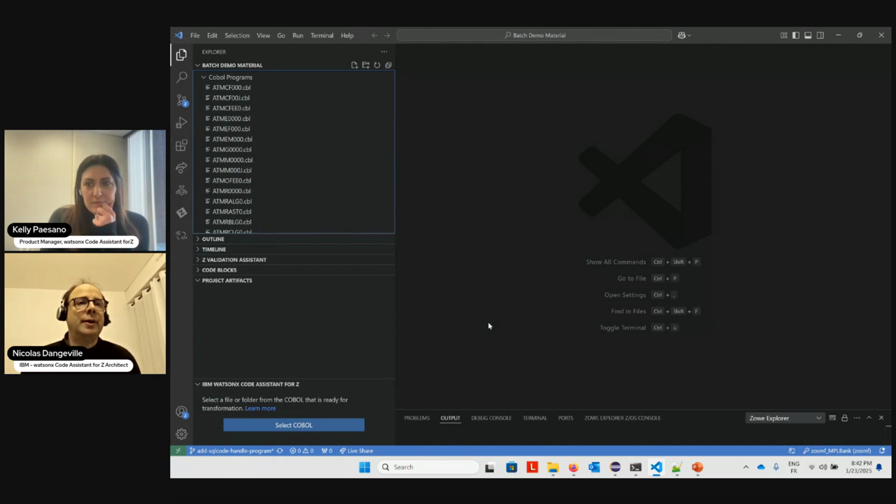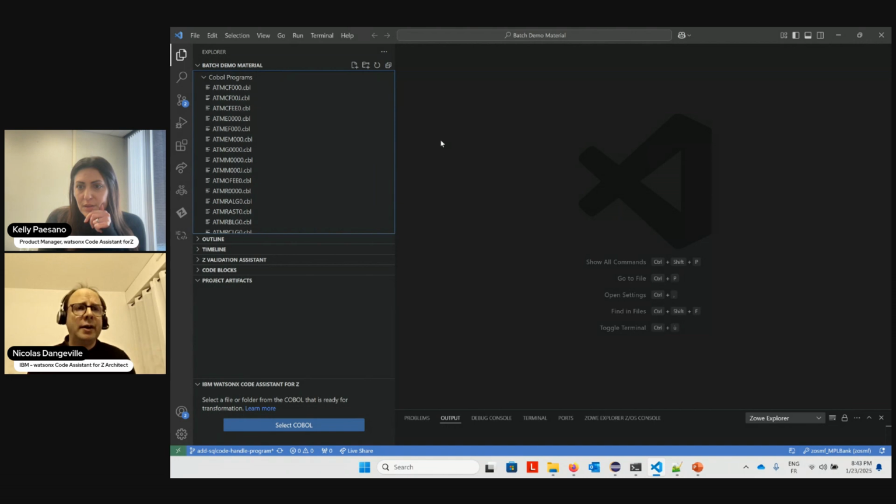Here's the scenario for the demo, because we would like to tell a story through this demo. I'm dealing with a batch application. It's a banking batch application called ATM, whose main program is the first one here. And this batch application contains a business process that is going to be the topic of my demo.